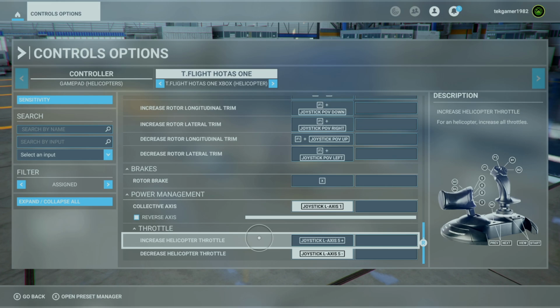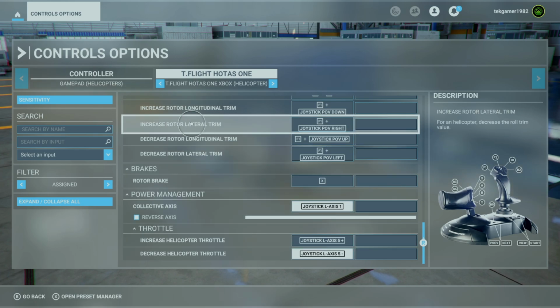Definitely go in and validate all of these settings are correct before any flight, because you don't want to start off, get halfway to where you're going and realize that something's wrong and it causes you to spin out of control and ultimately crash. You can obviously go in and fix it anytime you want. Just go into the menu, go to options, control options, and then locate the profile that you're flying with.